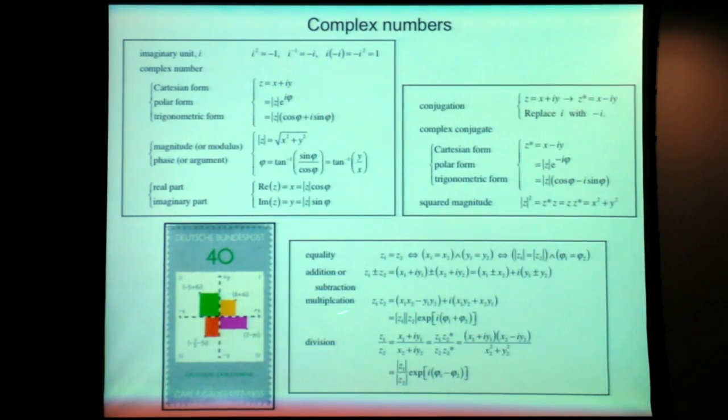We can multiply these numbers together in the way we usually multiply binomials in algebra, and we can similarly do the division and express the division either in Cartesian terms of the form x plus iy, or in polar terms of the form radius e to the i phi. In this case, since we're doing a division, a subtraction of the polar angles. Okay, so the